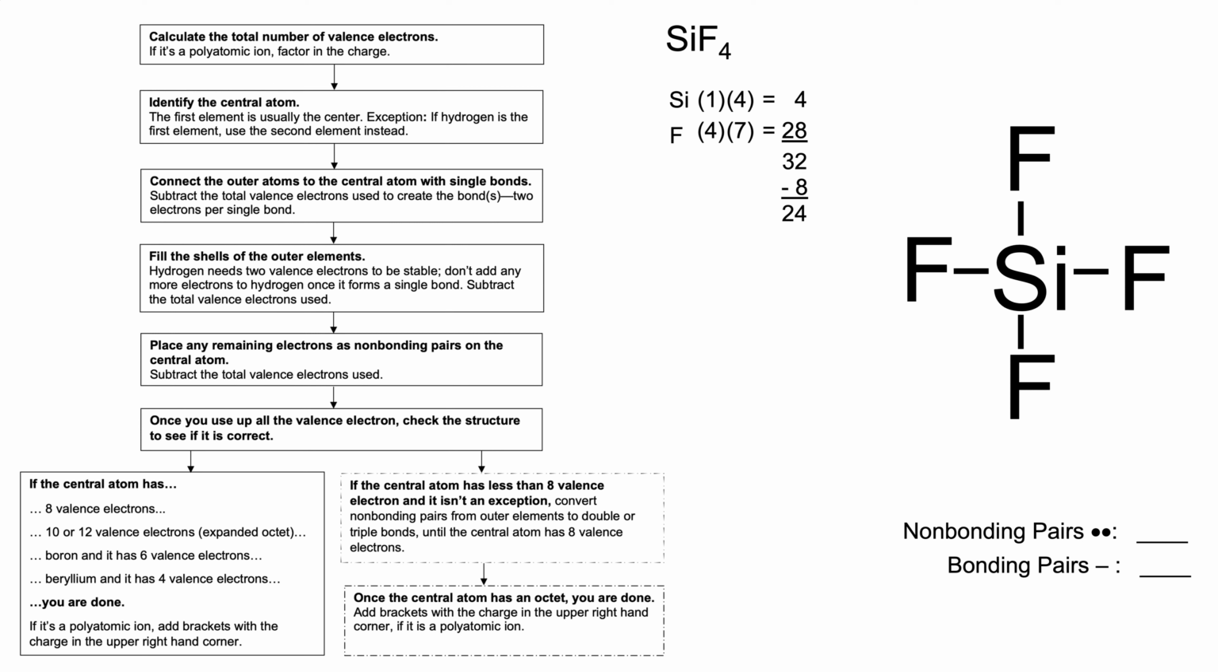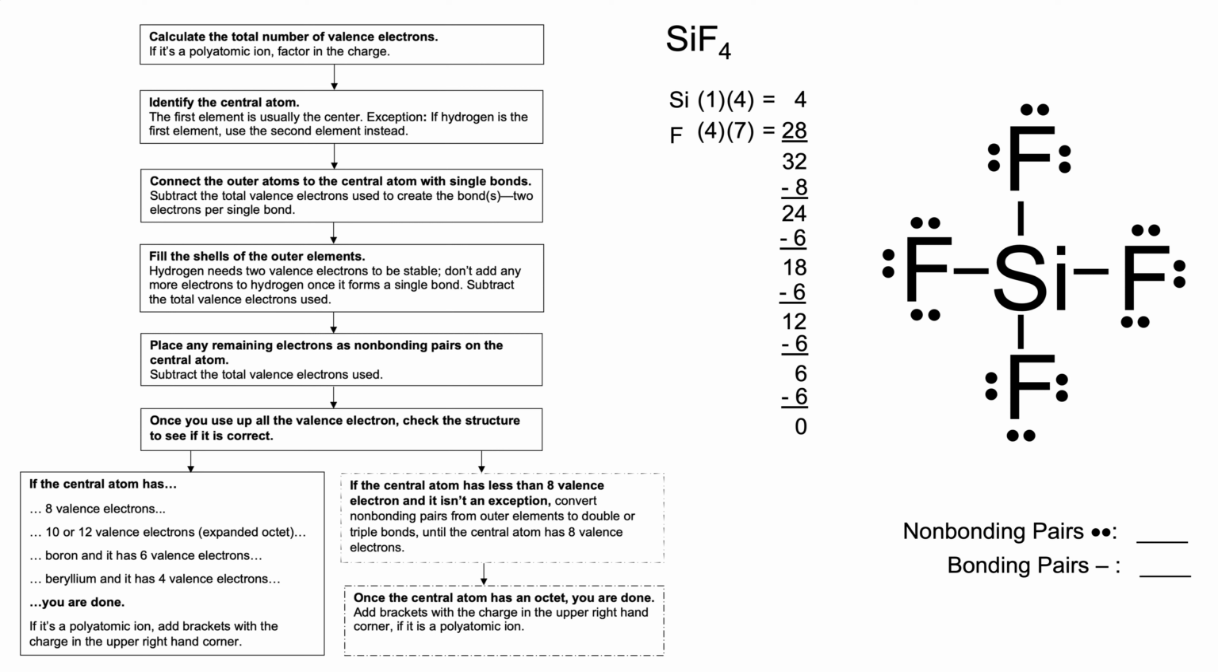Now I'm going to go through and fill the outer shells of the outer elements. So as I'm filling them, I'm subtracting. And now I filled all of the shells of the outer elements, and now I've used up all of my valence electrons. So when I check that central atom, silicon, it follows the octet rule because it has 8 valence